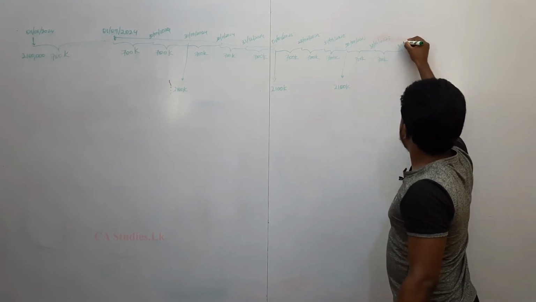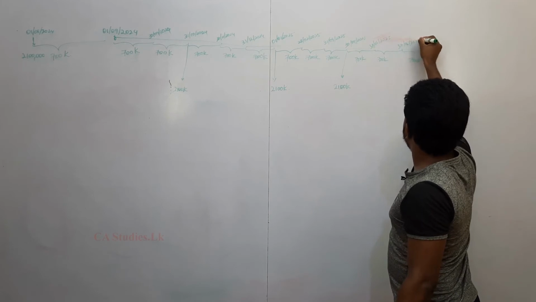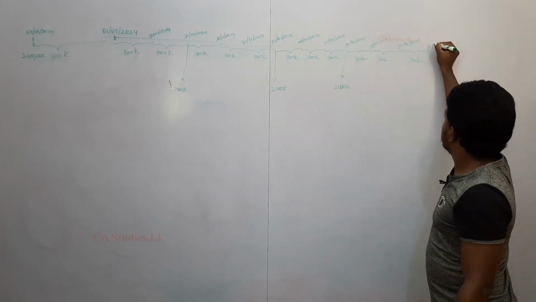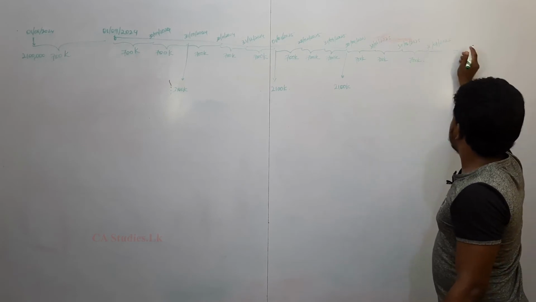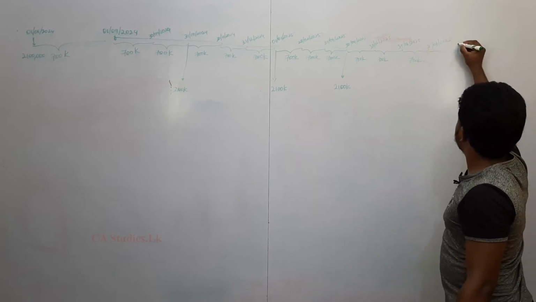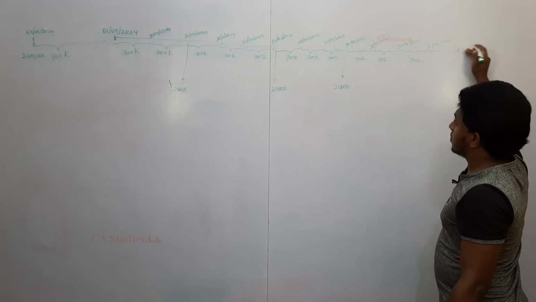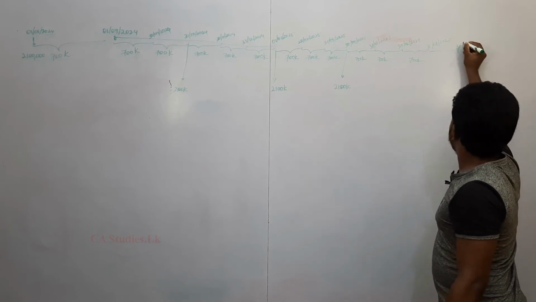This is 30th June 2025. This is 31st July 2025. So the financial year end is 31st August